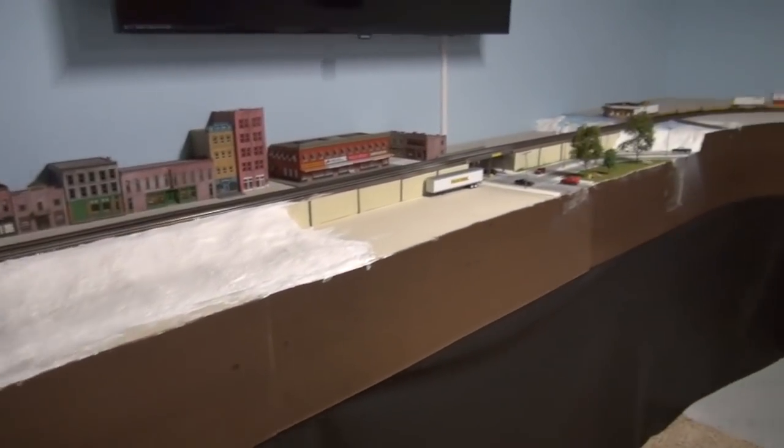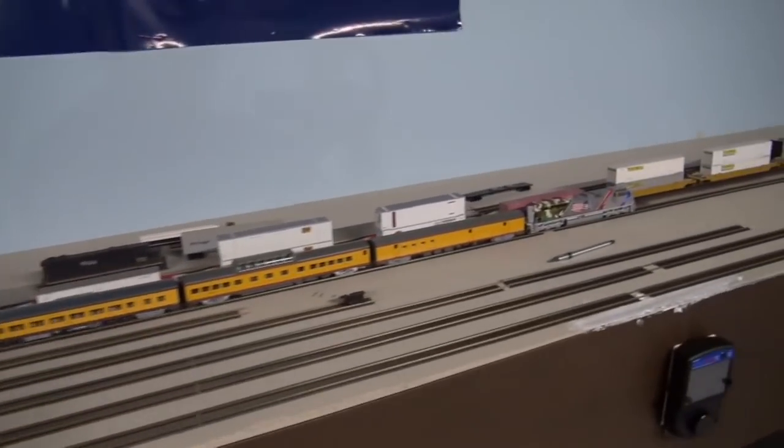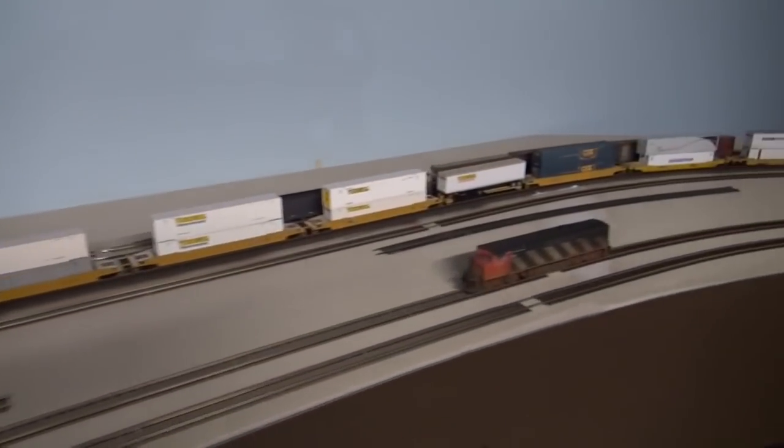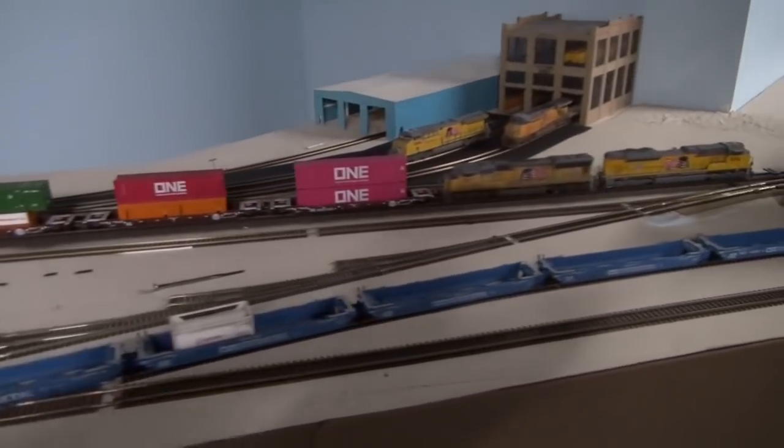And how many weeks into construction are you on this now? Well, let's see. I started it in about September, I guess. That's quick. Yeah, that's to where I'm at now. I'm working on my yard there, getting all my track done, and